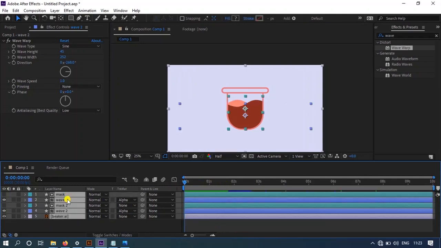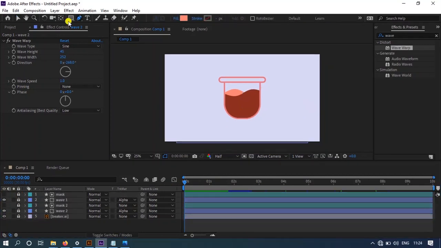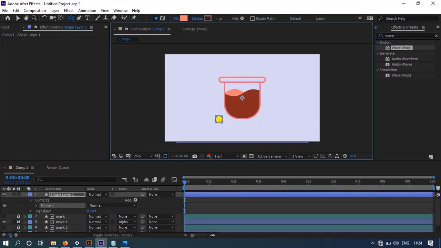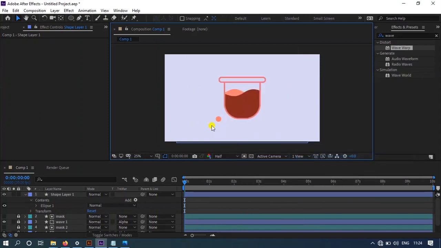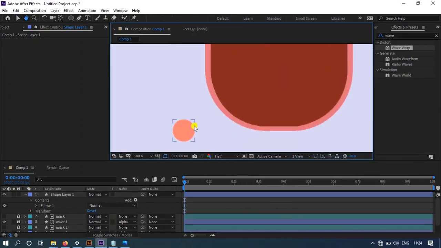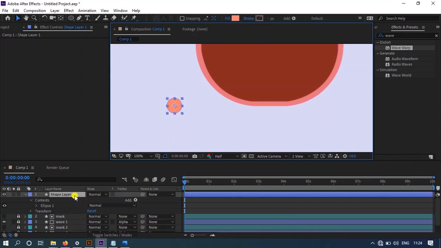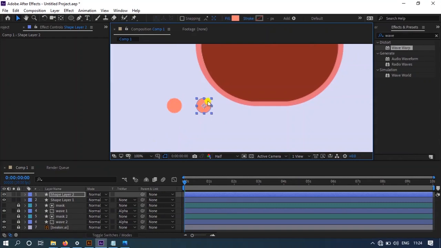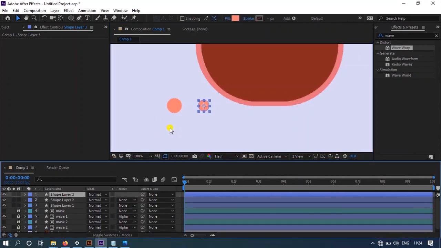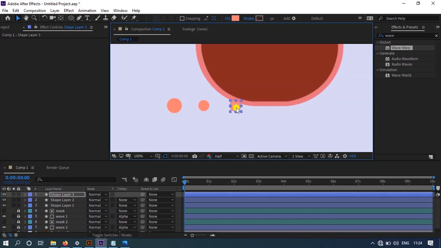Select all layers and click on this lock icon. Now select the ellipse tool and make a small ellipse. Now select the move tool and right click on it, go to transform and click on center anchor point. And now make it a little bit smaller and press U, press Ctrl D to duplicate. Now make it smaller. Now press Ctrl D and drag here and make it smaller.